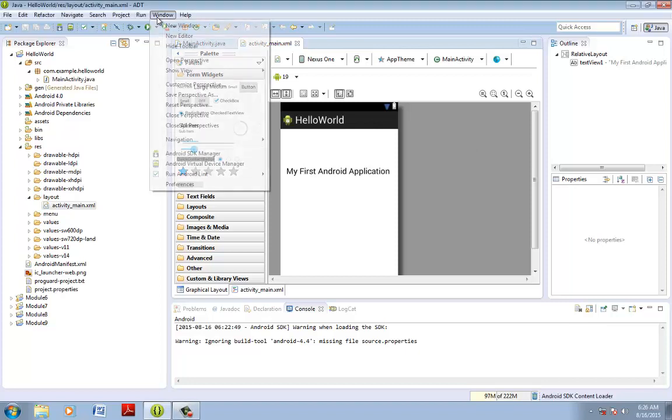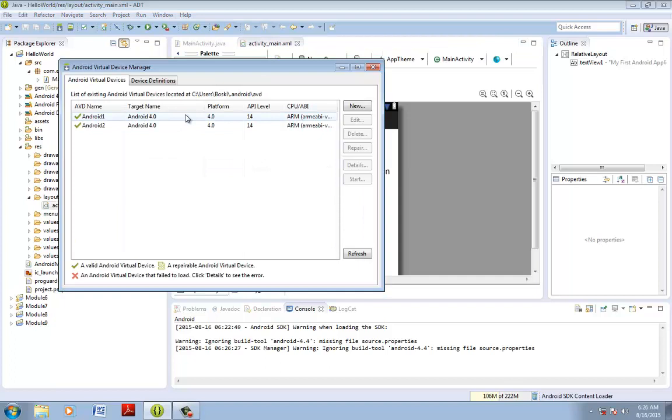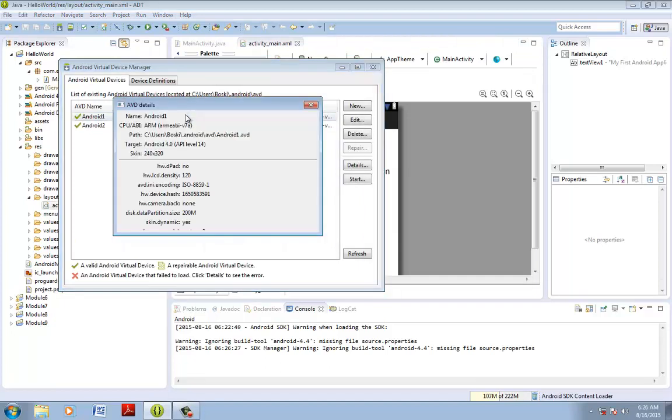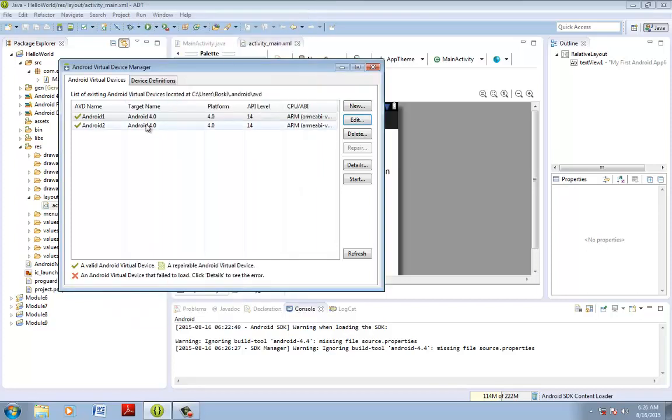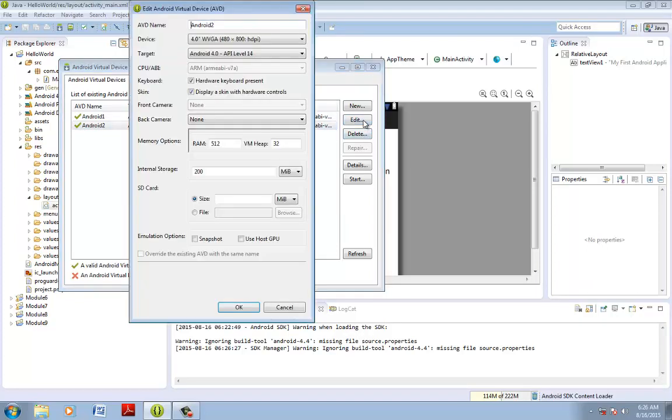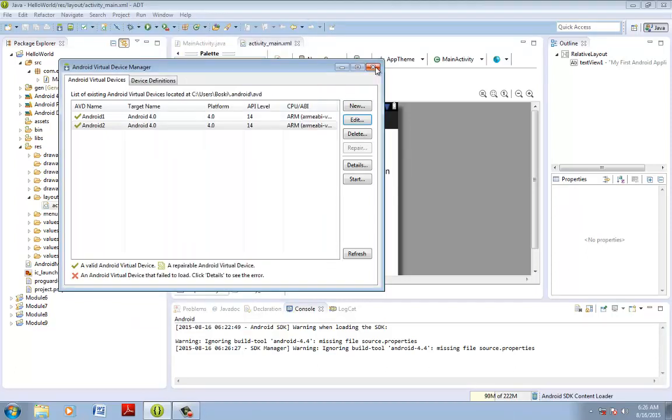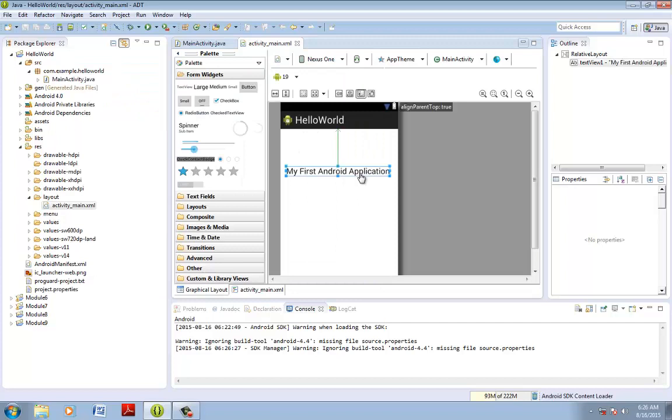But first, you need to have two virtual devices. The first one that I've created is a 2.7 QVGA, and its Android name is Android 1. And then the second is named Android 2, and the screen size is 4.0 WVGA. So once you've created two virtual devices, the next thing that we're going to do is to make sure